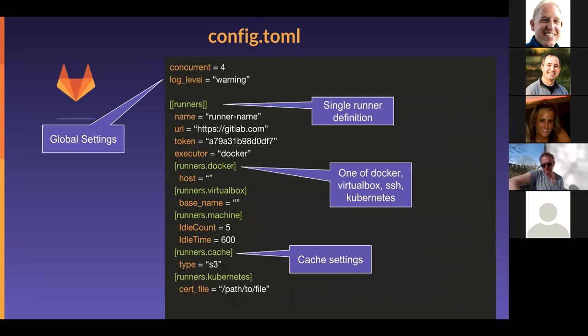So where I have a single runner definition, everything else below is underneath that. I could have another [[runners]] section, double bracket runners, and then define another runner. So I could say, here's a shell runner on this machine and also a Docker runner. Oh, okay. So it would all be in one file. Yes, in one file, and basically from the runners line down, that could be repeated multiple times. Okay. Thanks, man.